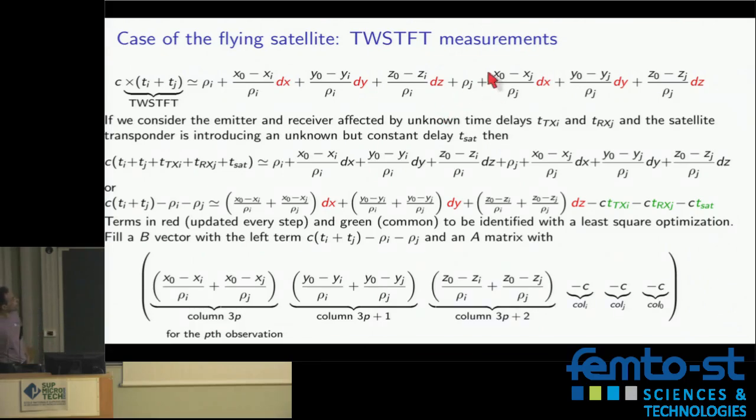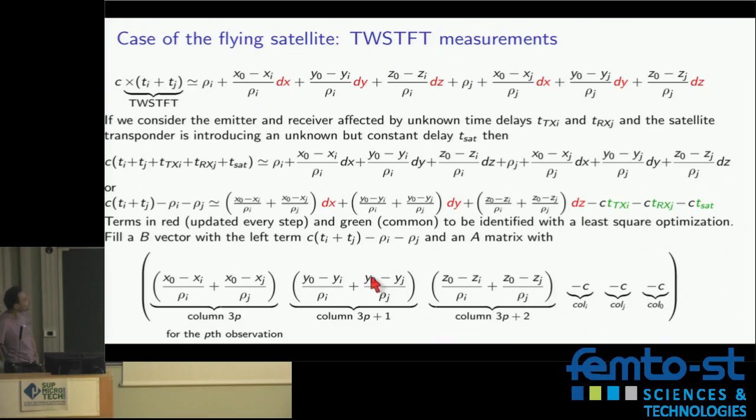So if I take all this and put it in terms of a matrix equation, you end up having something that is dependent on dx, (x0 minus xi) divided by rho i. Same thing for j, which is this guy over here. We do it for the second order terms. But now there's another problem. So this is super easy because this creates a diagonal. Okay, we have multiple measurements, and this will mostly be along the diagonal. So basically, you have three diagonals that will be filled, which is x, y, z, the position of a satellite